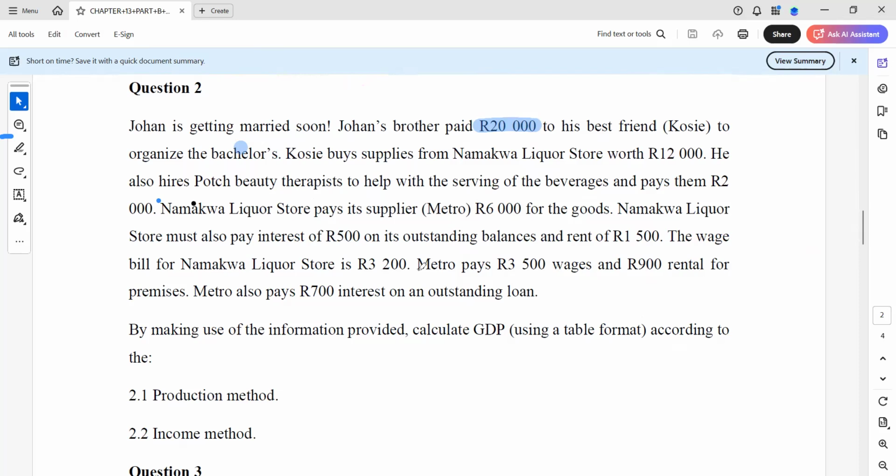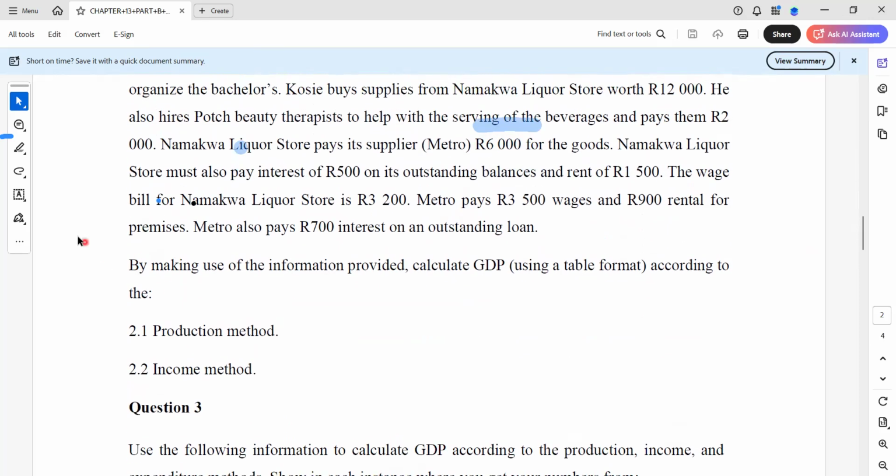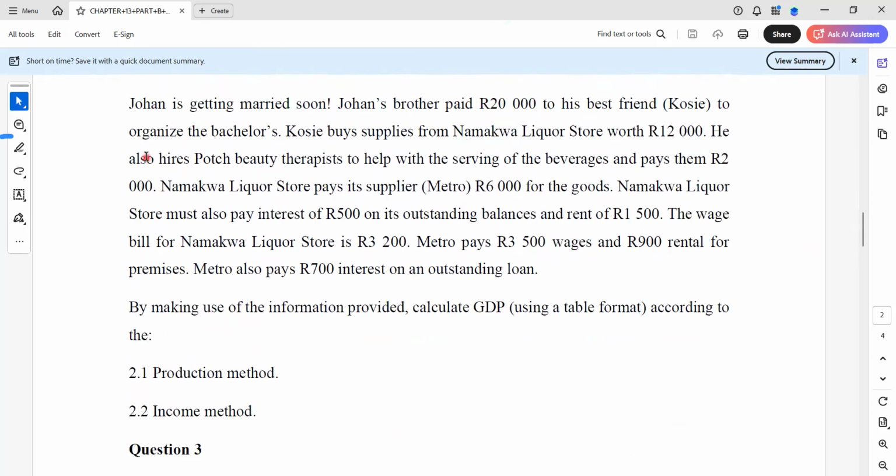Right. And the question is saying, by making use of the information provided, calculate GDP using a table format according to the production method as well as the income method. Right. So we're going to start by using the production method. I don't have much space here, but I'll try to use the space. Okay, so using the production method, you have to remember